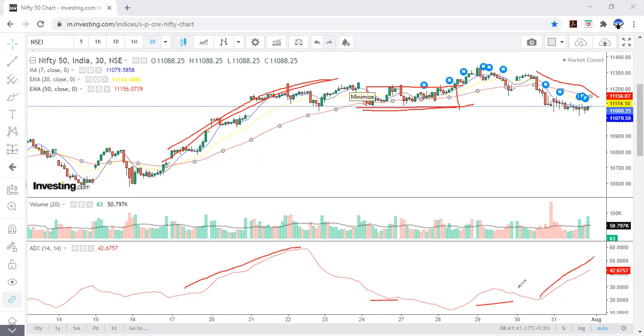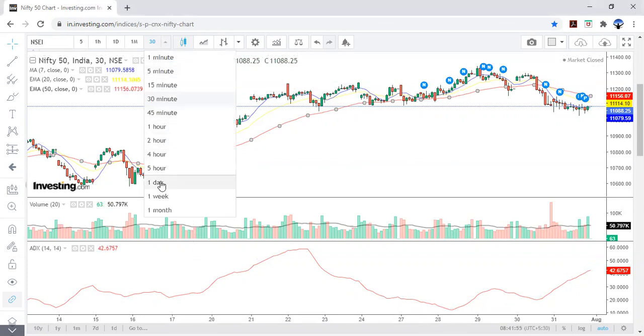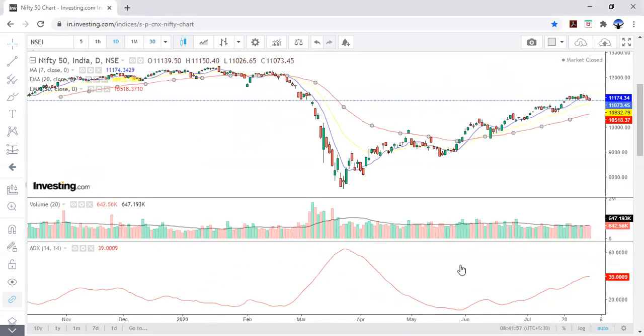It applies to both. The same situation occurs if we look at the daily chart. Suppose I convert it to the daily chart, then you can see in this range the market does not move well. The same situation if you check before March: the market was in a very narrow range and trading strategy was not successful as compared to option strategies.